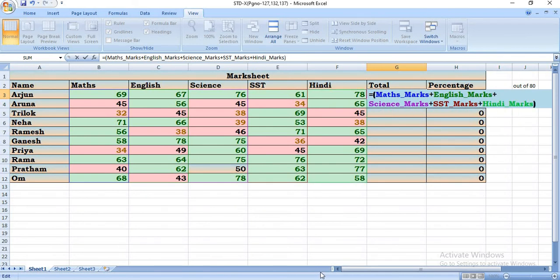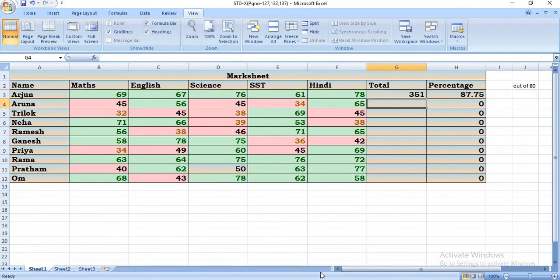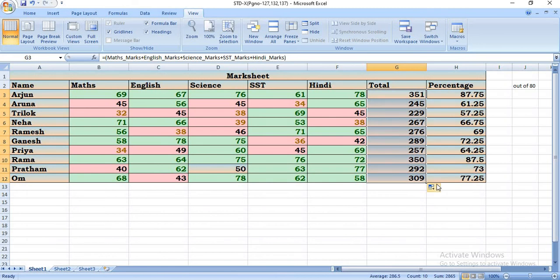Then complete your bracket and press Enter. See, in the formula bar you get the named range calculation and you will get the total like this.